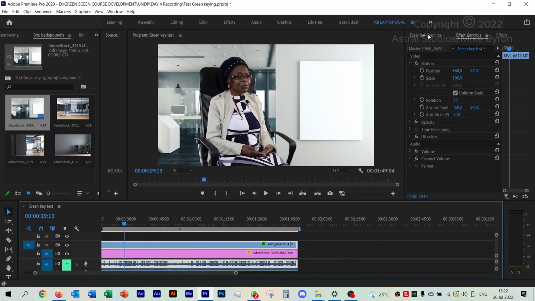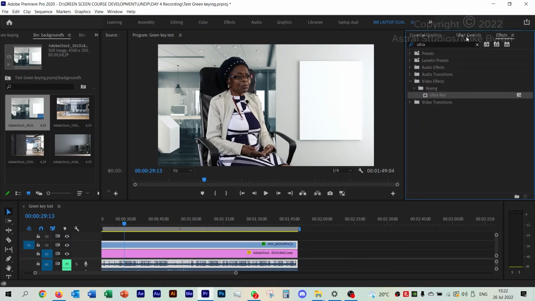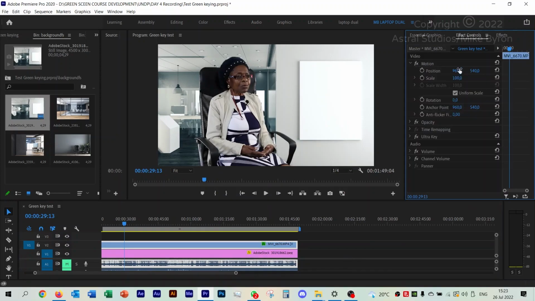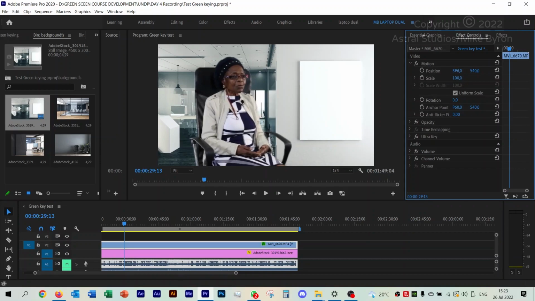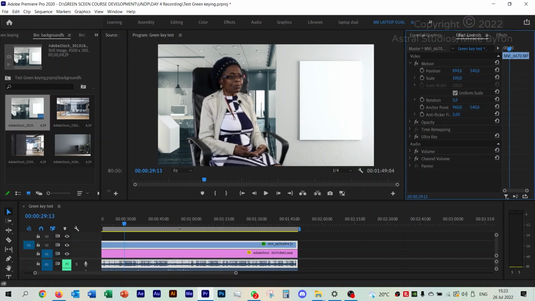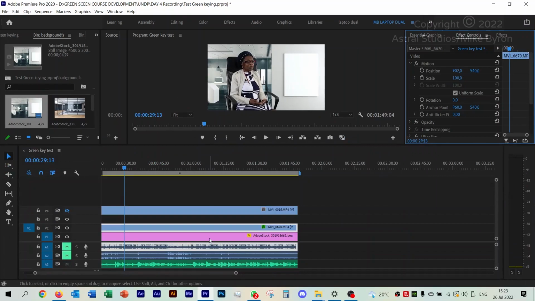So, little touch-ups I'm still going to do here. I'm going to go back to my effect controls. I'm going to go back to my motion. I want to put the lady a little bit further into the screen over here. Just gives me a little bit of a better view. Right there, it's great. Okay, now the next thing we want to do is we want to give it a little bit more space